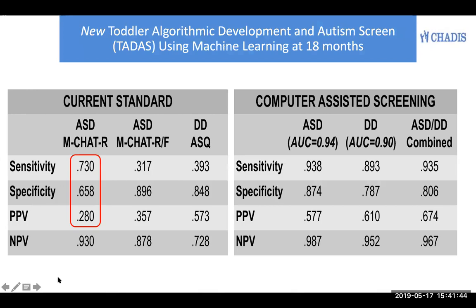So we took advantage of the amount of data available when collected through this tool at 18 months, trying to improve the way screening can be conducted at 18 months using machine learning methodology. Now, what this means is that we took a number of different tools that are all parent report tools, had parents of 18-month-olds, both those who had failed a screen and those who had passed, in a large community sample of over 400 children. And we took a look at how the MCHAT did